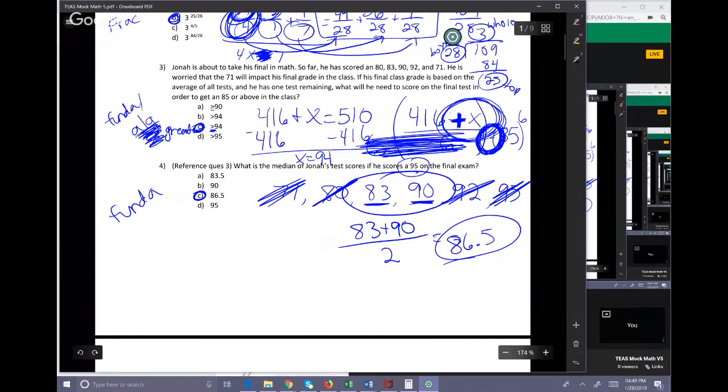They can absolutely say, what would you have to score in order to get X amount in the total class? They can absolutely ask that. They are more likely to just ask you to average existing values. So this one stretches your thought process into the worst case scenario, considering how you would figure out an average, considering what the parameters of an average are. It's not to say you wouldn't get that question, but I really do doubt that you would get both of